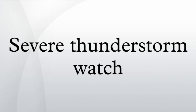A watch must not be confused with a severe thunderstorm warning. A watch does not necessarily mean that severe weather is actually occurring, only that atmospheric conditions have created a significant risk for severe weather to occur. If severe weather actually does occur, a severe thunderstorm warning or tornado warning will be issued, and urgent action should